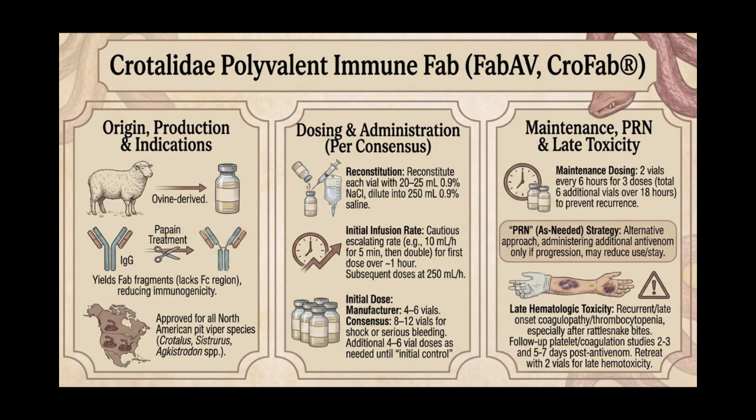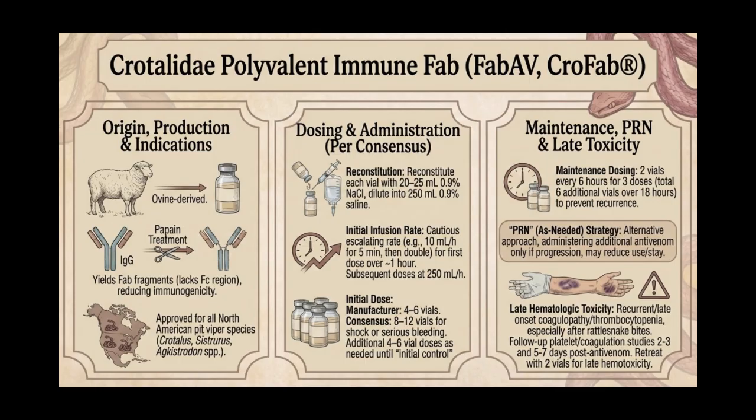However, not all practitioners routinely administer maintenance doses. In cases such as copperhead snake envenomations, regional variations in venom potency exist, and the severity of hematologic toxicity may be less. Therefore, some clinicians opt for an alternative approach. This alternative involves monitoring the patient over the 18-hour maintenance period and administering additional antivenom only if there is a progression of local tissue effects, persistent or worsening blood toxicity, or systemic signs of envenomation.